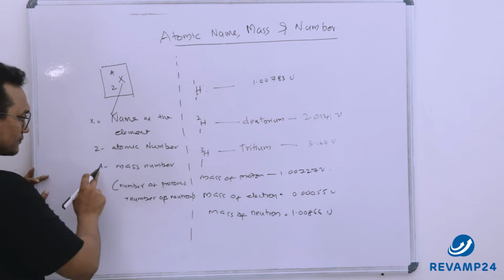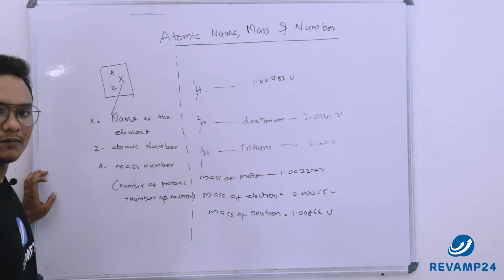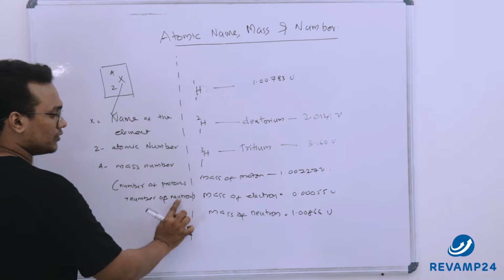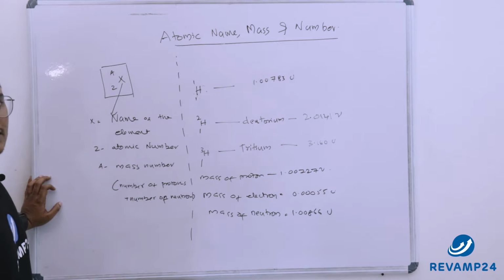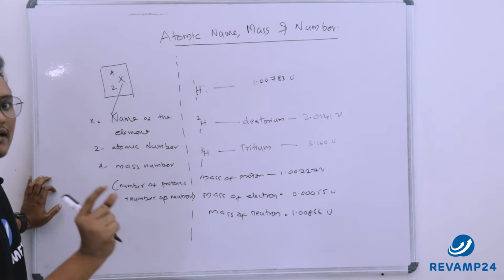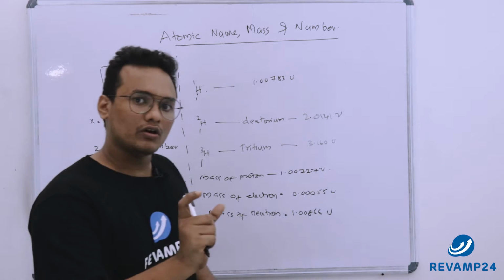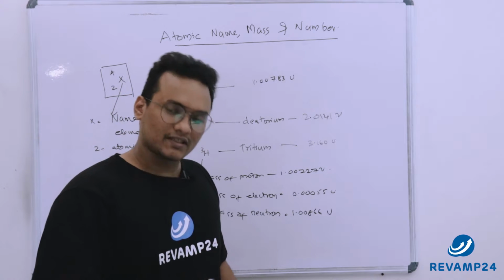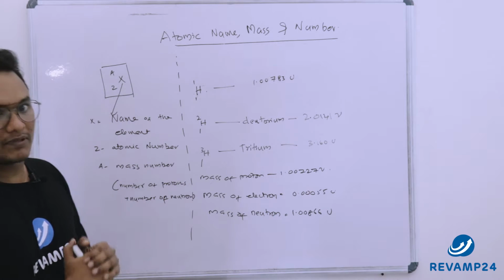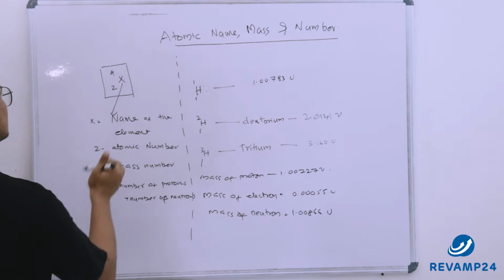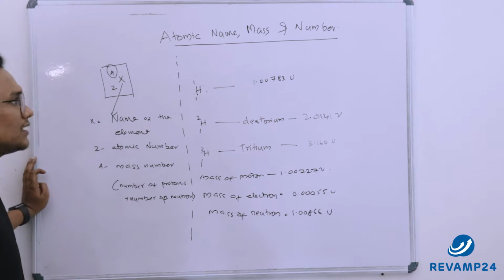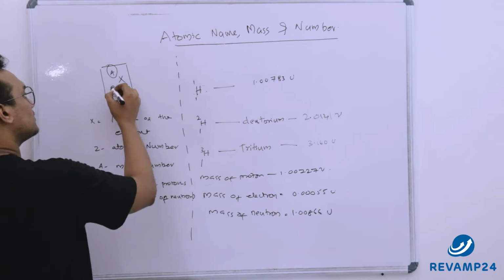Now next thing is mass number. What is mass number? Number of protons and number of neutrons inside the nucleus. So total number of nucleons. What is nucleons? Elements inside the nucleus. So total number of nucleons is nothing but number of protons and number of neutrons, because only proton and neutron is present inside the nucleus, right? So this is the total number of nucleons, or number of protons plus number of neutrons,